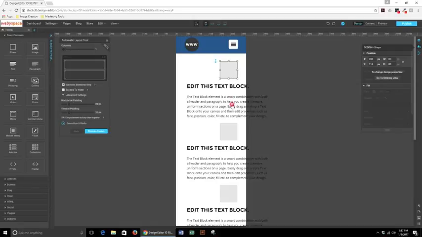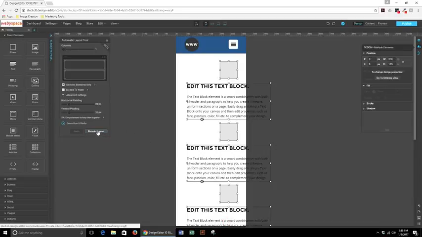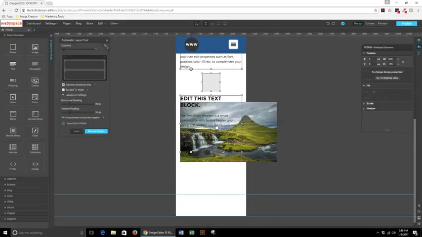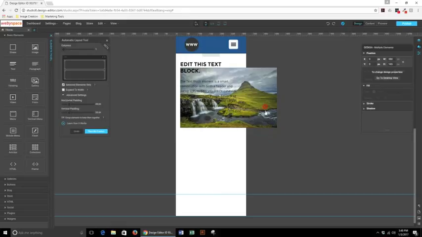To select multiple items, hold Shift and select each item. You can drag and click to select multiple items, or you can hold Shift. Click Reorder Layout, and it's been moved. Create a bit of space down at the bottom,